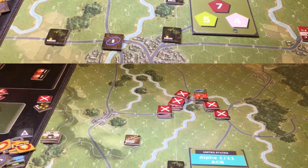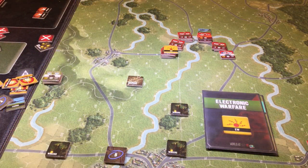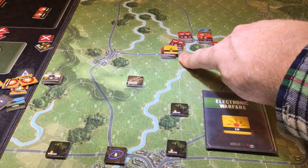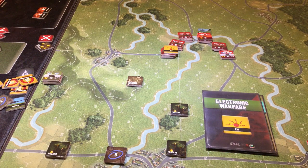so we're on to the next thing. The Americans choose to stack their M1 in the trees with the Vulcan anti-aircraft gun. What good it's done so far, but with the trees, they'll get another die in defense, and maybe they'll help them out if that Su-25 shows up again. All right, let's move on. EW card comes up. The Americans actually managed to win the roll, and we put it on the headquarters for the Guards Tank Battalion. So hopefully these guys in the lead will be messed up enough where they're just going to have to take a little time to screw their heads back on. This is one of the few good things that's happened this game for the Americans. All right,